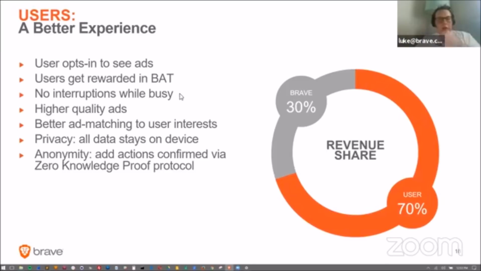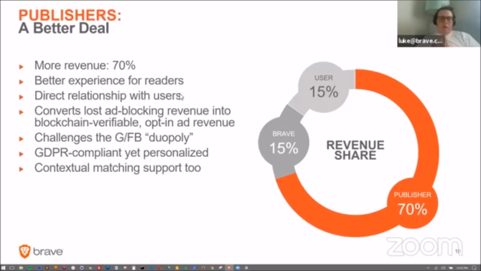To pick it back up, for publishers too, because agencies are dealing with them. We offer publishers a 70% revenue share off of our ad product, and we still give the user 15%. One of our core principles at Brave is that we always want to ensure the user gets the same or equal to the revenue share the platform gets, because that's why we're in this. We want this to be the new window to the web,